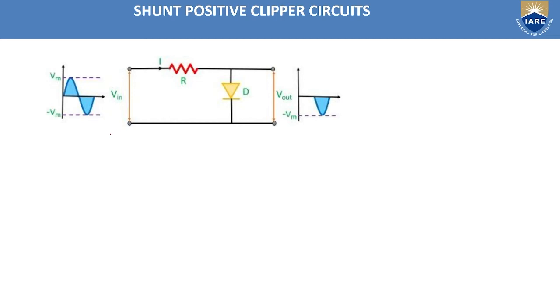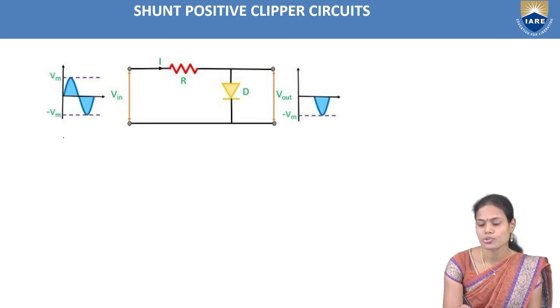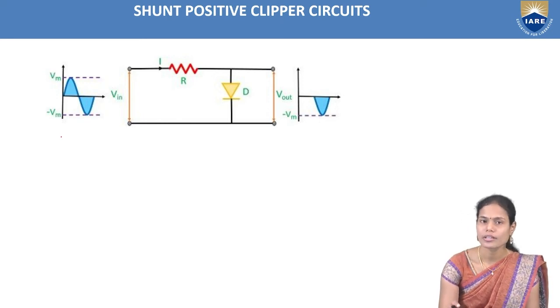So shunt positive clipper circuits means the diode as well as the resistor are in parallel connection here. Till now we have discussed all series clippers only. In that case, both the diode and resistor are in series, but here both are in parallel. So to see the operation of this shunt positive clipper circuit, the clipper may be series one or shunt one,